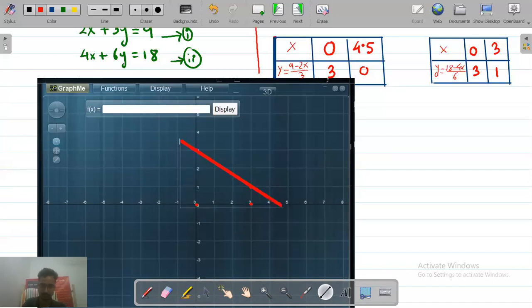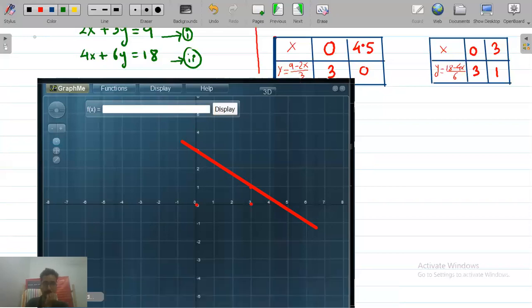Yes or no? So this will be the required graph. That means when you plot the values of x and y in the graph, then what happens? See, this equation will represent one straight line, this equation also represents one straight line, but when you plot these two graphs, the values of x and y, then they will coincide. That means this line and this line will coincide.